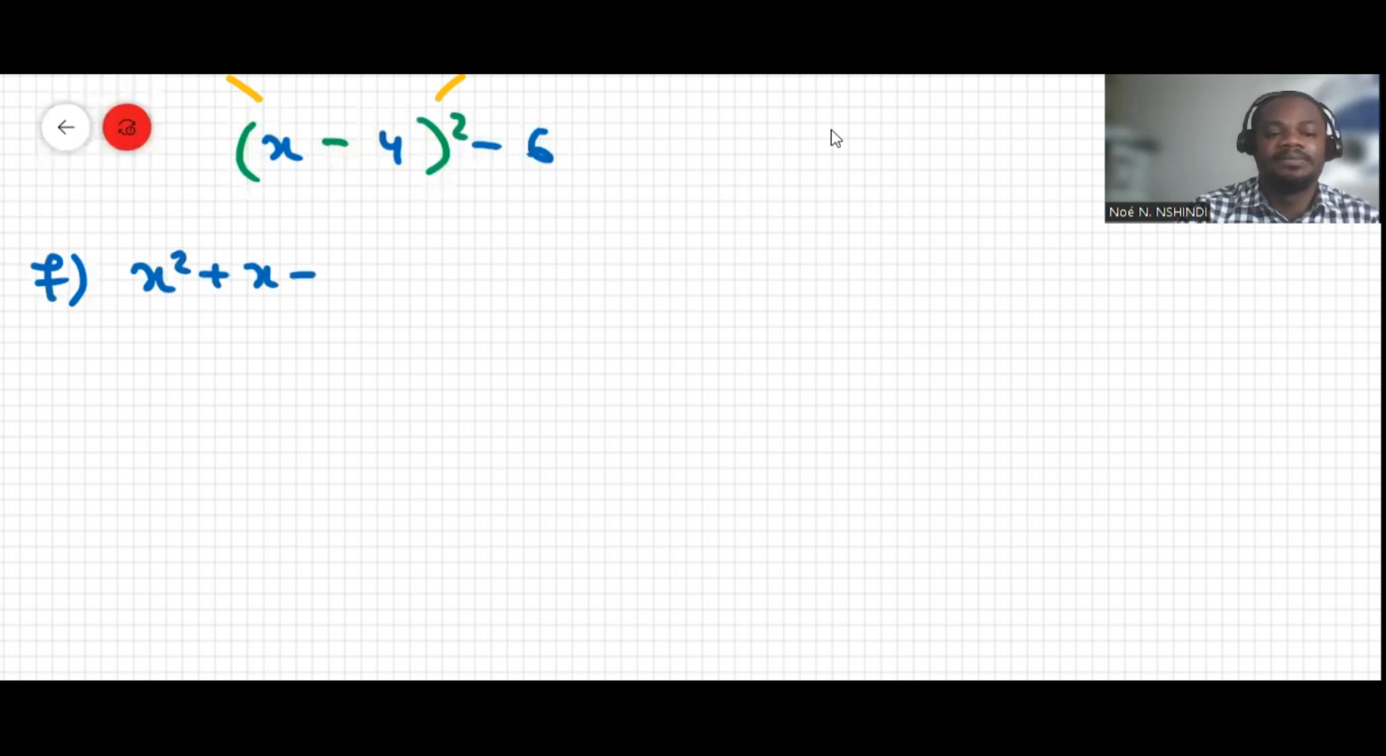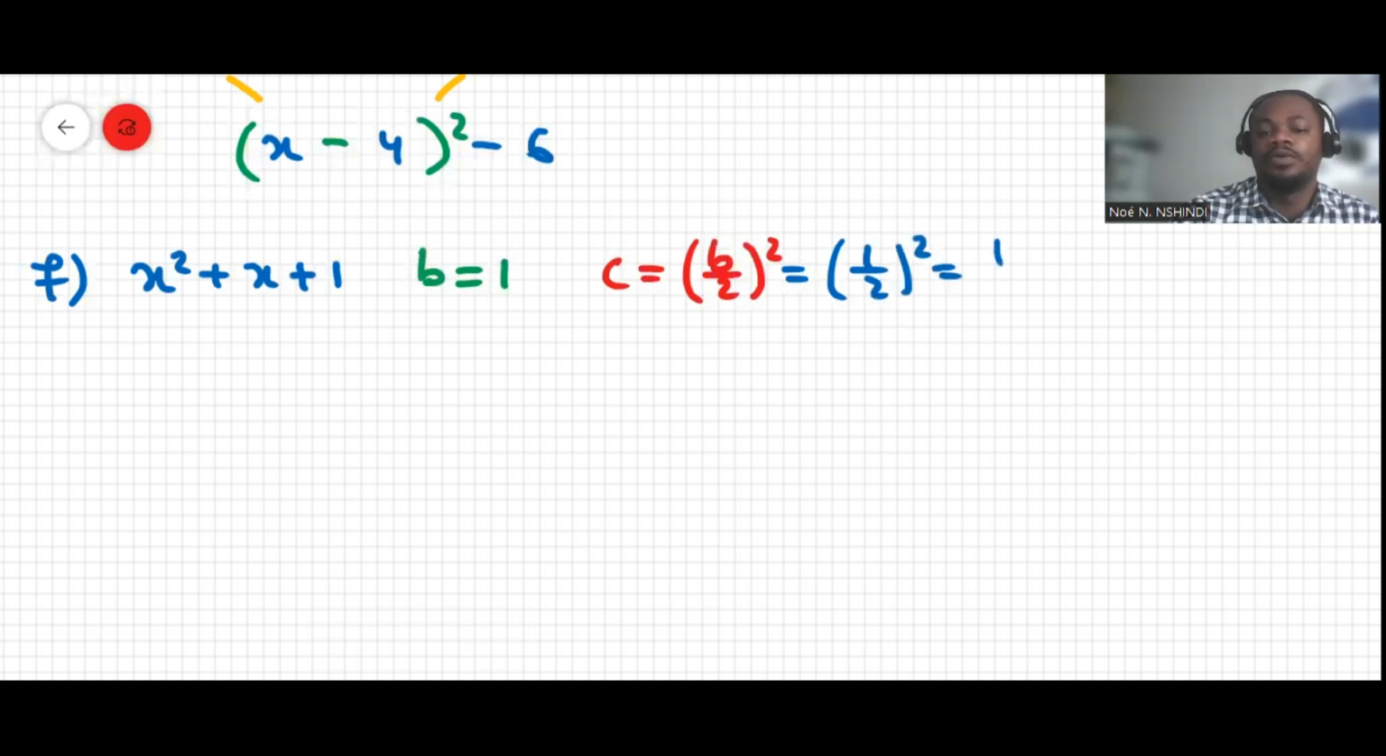x squared plus x plus 1. Okay. In this case, B is 1, the coefficient of x. B is 1, which means C over here will be equal to (B over 2) to the power of 2. This is equal to (1 over 2) to the power of 2. And then this is equal to 1 over 4. And then that will make what? x squared plus x. Instead of writing plus 1, I'm going to write 1 over 4, which is a half to the